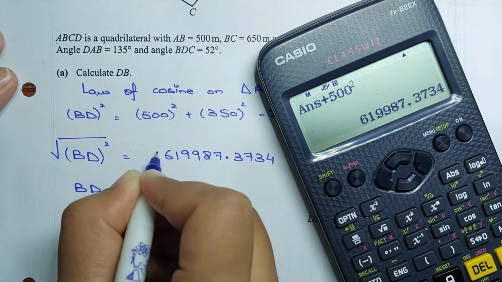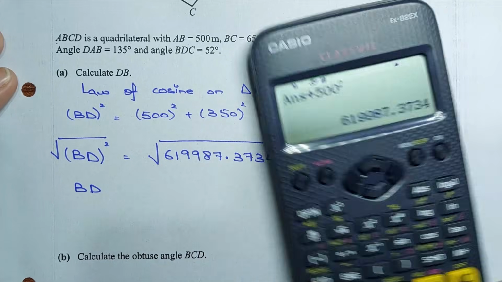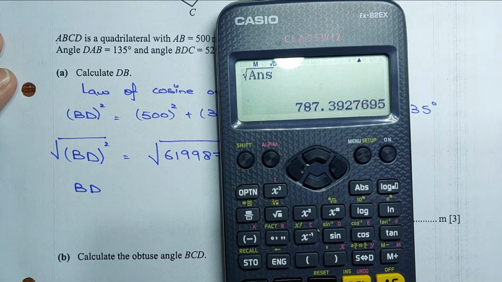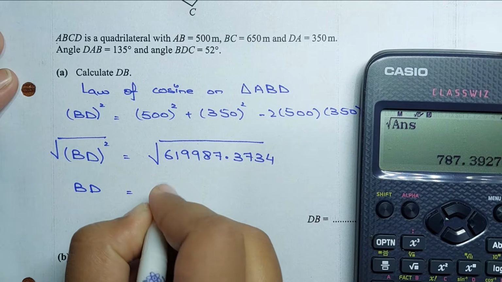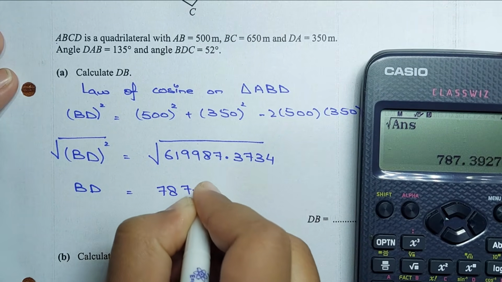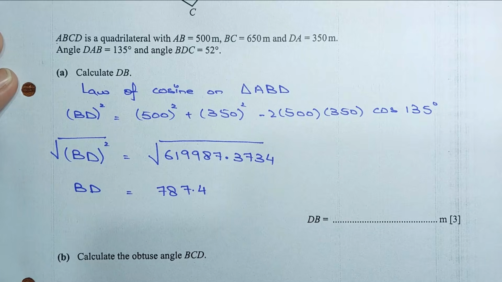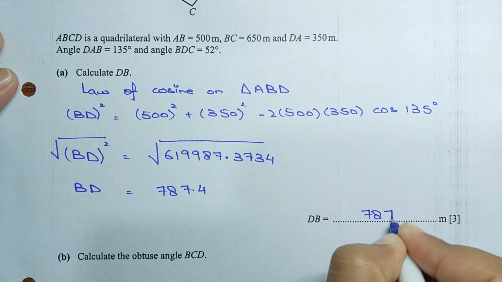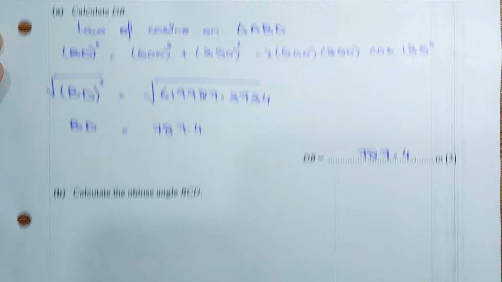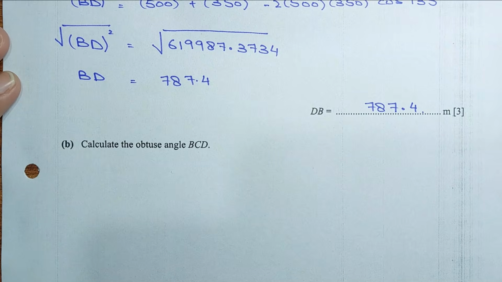So solve for BD. Take the square root on both sides. Square root of the answer is 787.4, we can say 787.4 meters. All right, 787.4. Now part B, calculate the obtuse angle